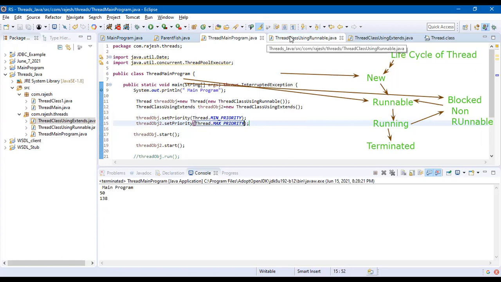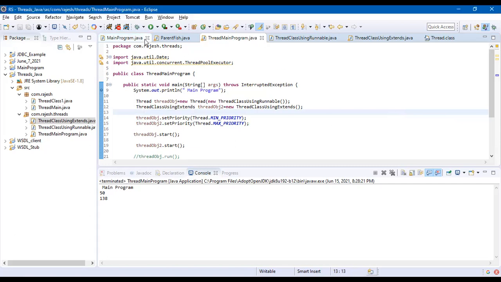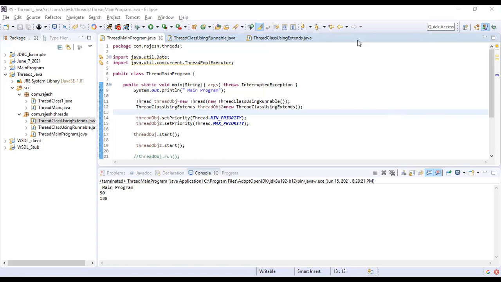Rajesh, could you please go to, we are calling this thread main program in the main program.java. This is the main program. Which one? Current one is the main program? Yeah. Okay. Main program.java, that one? Which one? No, that is a separate program. Different project. I'll Okay. post that. Usually, if you want to call this thread main program, no. No, thread main program is the main program, right?